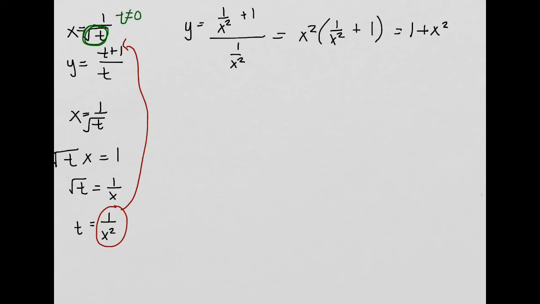Right, because you can't divide by 0. But not only that, we don't really want to deal with the imaginary numbers. If we're talking about real numbers here, then t can't be negative either. So t actually has to be greater than 0. So when we're talking about this domain restriction, that does carry over into our final